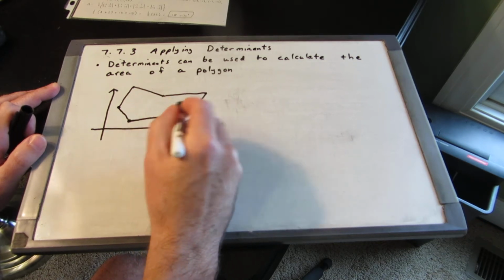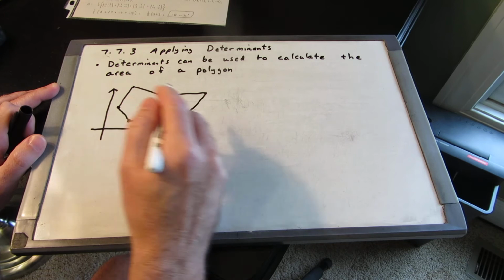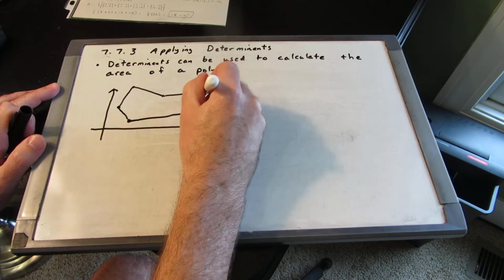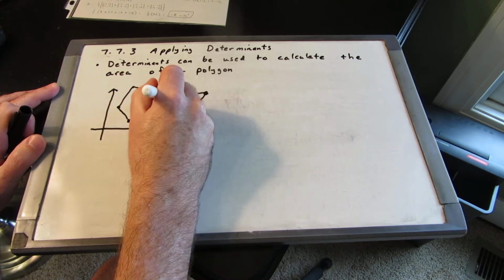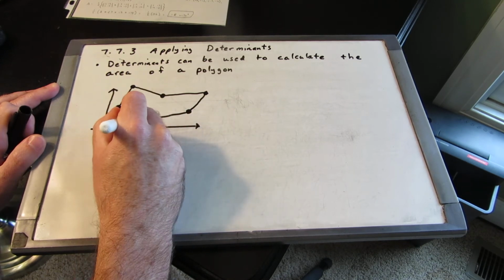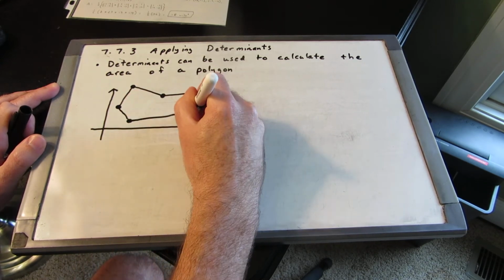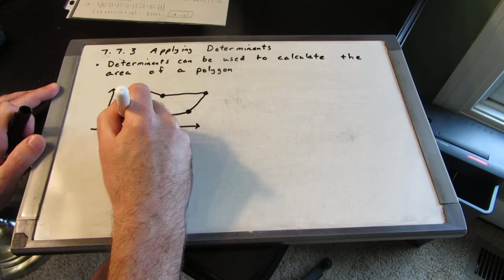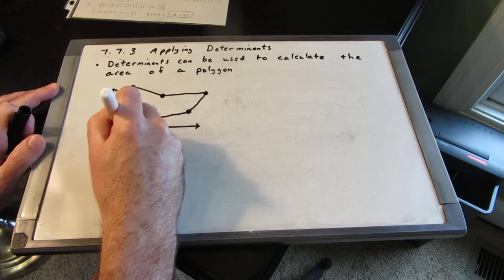All right, so we've got 1, 2, 3, 4, 5, 6 sides. And I'll make a big point here at each vertex. Okay, I'm going to label those vertices. We'll call this one at the bottom